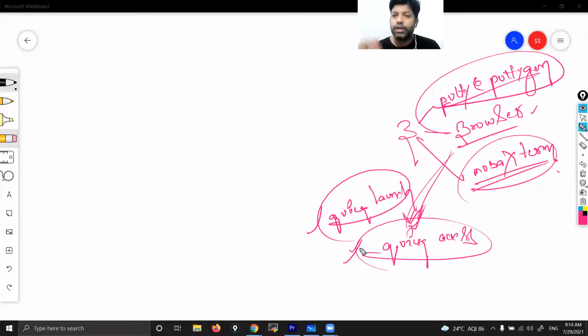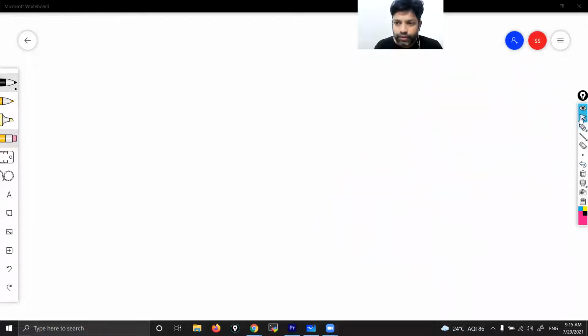I said that in my demo. That's what I'm going to show you today: how to launch an instance quickly, and after that how to access also quickly. That quick access only we call browser based SSH or browser based access. So first let's see how to launch quickly, then we'll see how to access quickly.